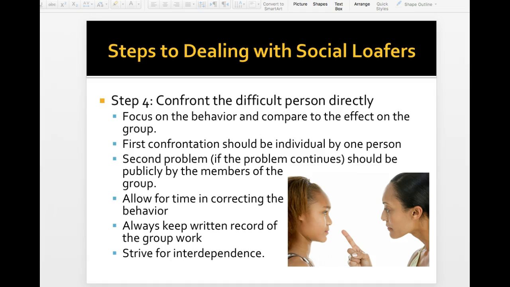So just know that you're going to end up dealing with the social loafer sometime in your group experience. Maybe it's happening now, and that unfortunately is a pretty common experience, but just ignoring them or giving them time to distract the group isn't the most effective way to handle them. So hopefully you wrote all those steps down. If not, if you want to go back and watch this video again, just ask the substitute to do that and write those steps down.